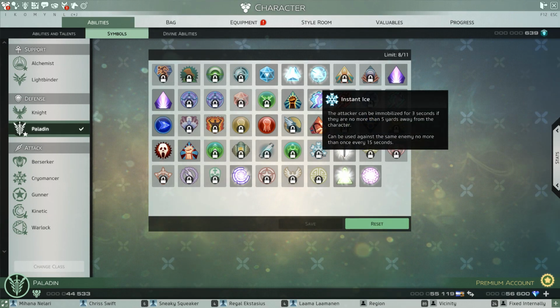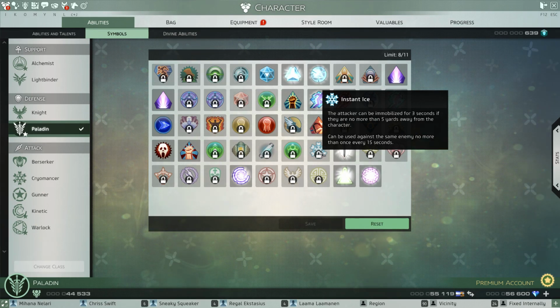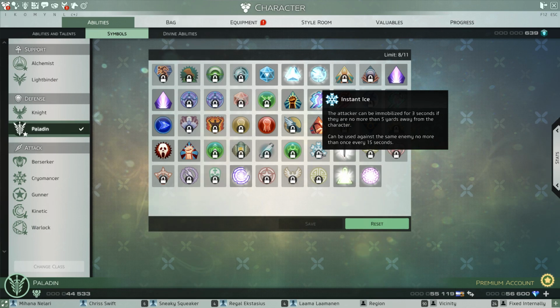Next one is Instant Ice. Instant Ice is a Cryomancer class symbol, so once you max out the Cryomancer you will have that. It only contains one level of course, because you cannot max it more often than once. It procs from any sort of damage done to you. It must be damage done to you obviously. So even dots applied to you will proc it, as long as the target is within 5 meters from you. It only roots the target so the target can still damage you if he's ranged,